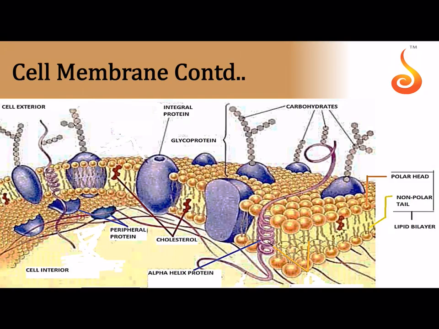So you know about the fluid mosaic model that was proposed by Singer and Nicolson in 1972. According to the fluid mosaic model, notice how there is a bilipid layer in the plasma membrane. Each lipid molecule has a hydrophilic head and a hydrophobic tail. The head is exposed to the outside and the tail is buried deep inside the plasma membrane. It is said that this plasma membrane has a quasi-fluid or a partly fluid nature, and all these purple colored bodies represent the proteins which are freely swimming in the membrane.